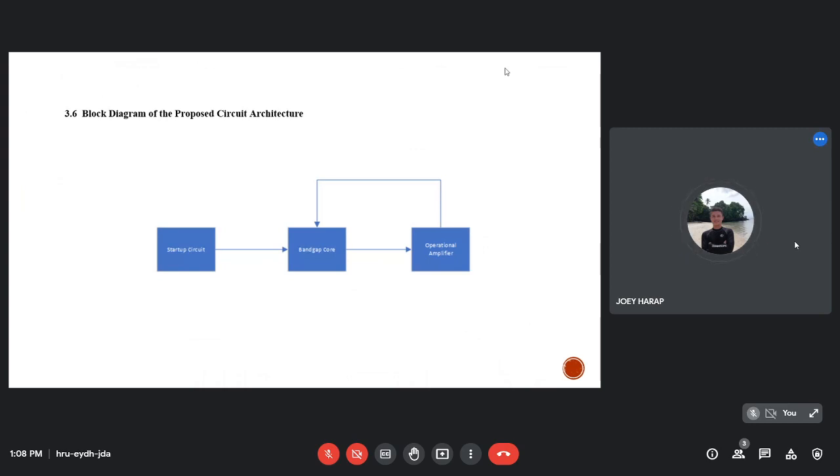So here we will proceed to the block diagram of the proposed circuit architecture. Basically, our proposed architecture for the bandgap consists of three